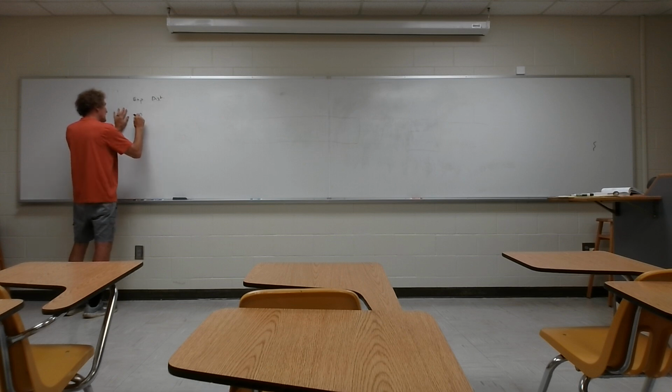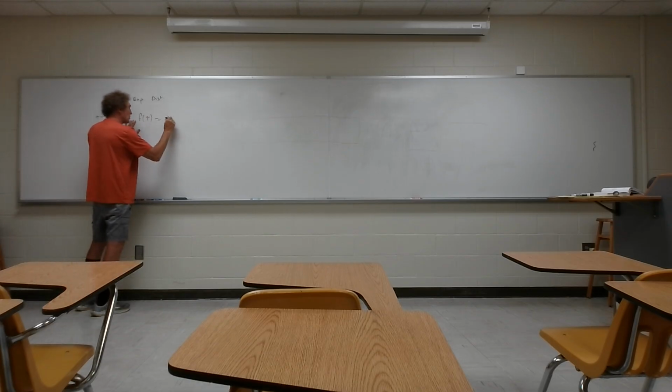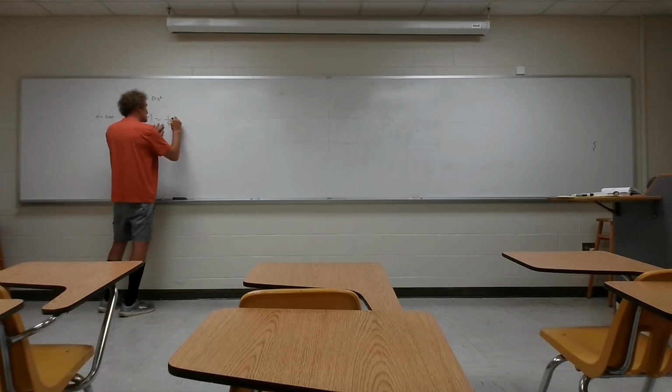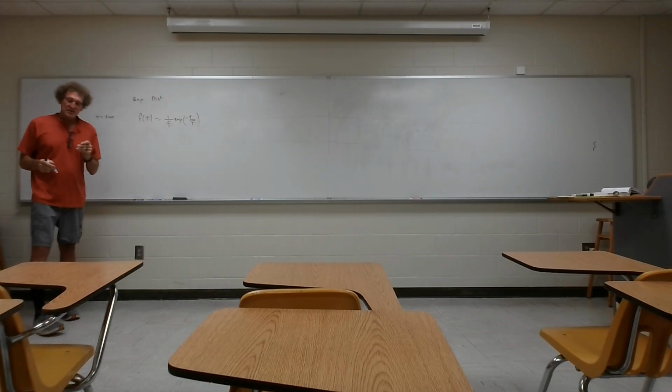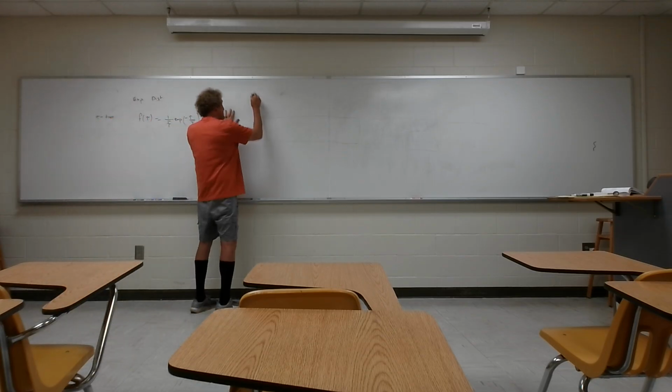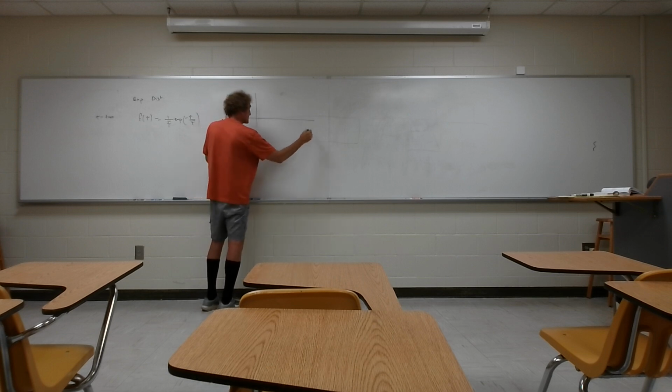It says that f of tau, and he uses tau, which is just time, is equal to 1 over tau bar times exp to the minus tau over tau bar. You can use any symbol here you want, but it's in time. Here's the important part. What this is really saying is it doesn't matter where it starts and where it stops. If this is time, and we say here there's a failure, or the event happens, right here.